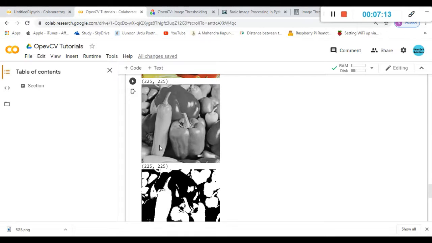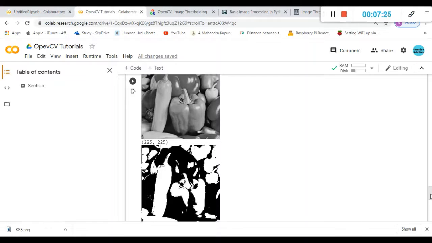You can see here the pixel values are a little bit lighter, which means they are greater than 130, and therefore they have become white. I'll scroll a little bit down so that you can see the whole image. Wherever the pixel values in this gray image were above the threshold I set, 130, the image is converted appropriately.